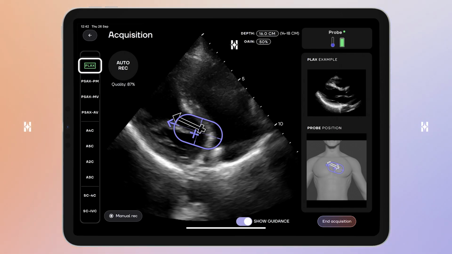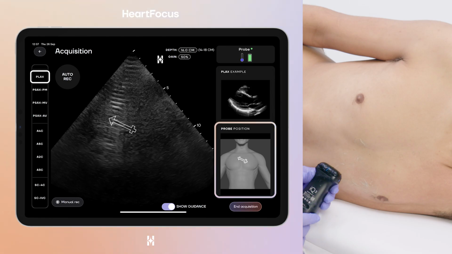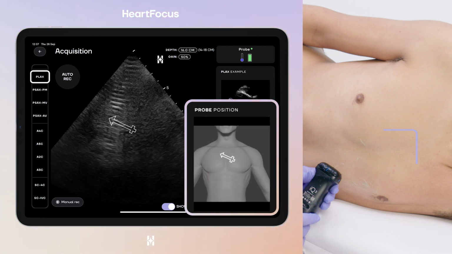Here is the HeartFocus application interface. The screen is split in several parts. On the bottom right of the interface, the app indicates on a model where to position the probe on the patient's chest. To get you all set to capture the first view, the parasternal long axis view, you need to position the probe between the sternum and the lower left pectoral region, with the probe marker pointing towards the patient's